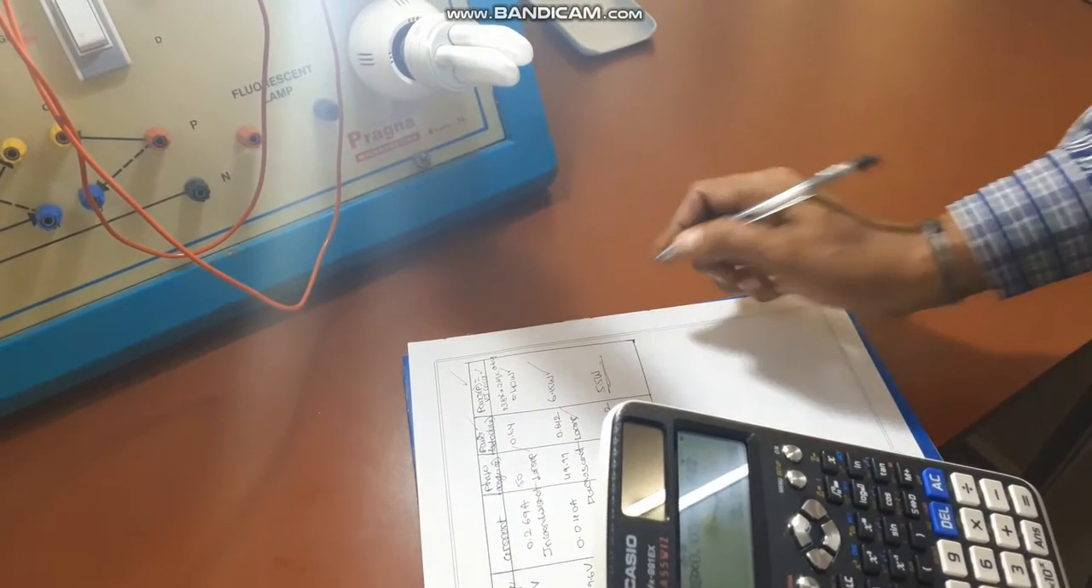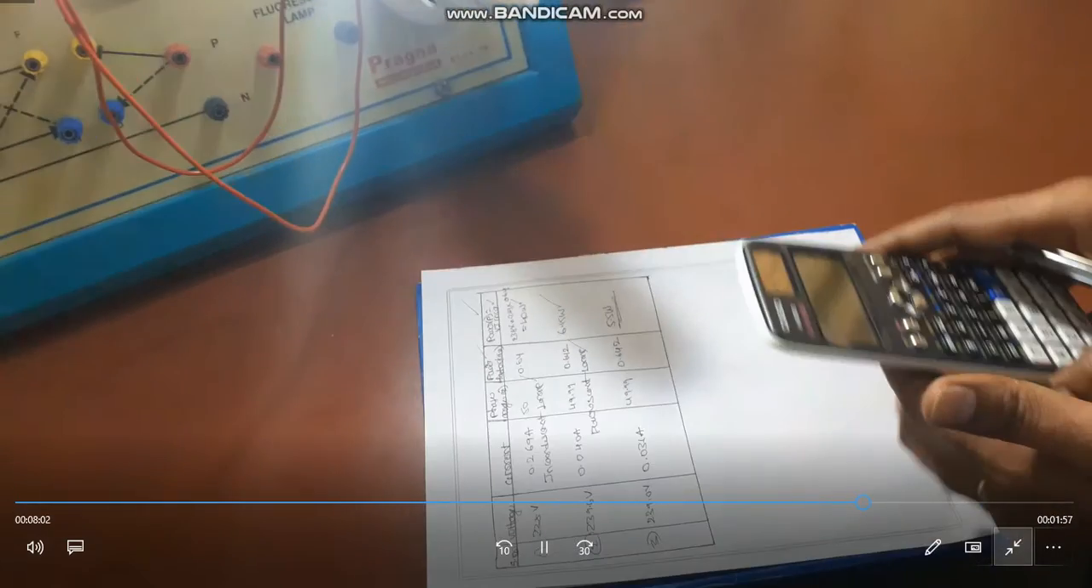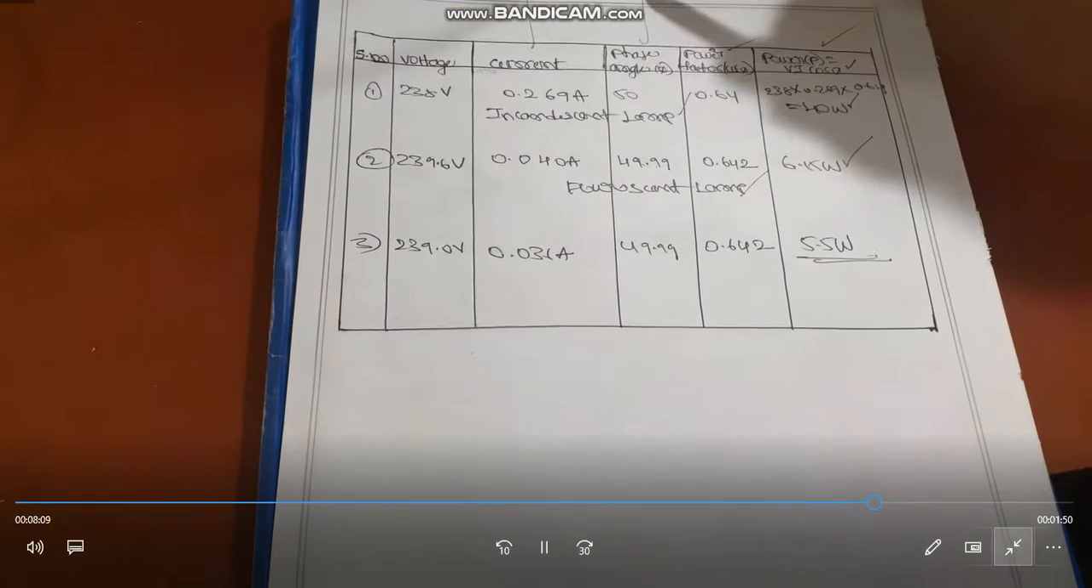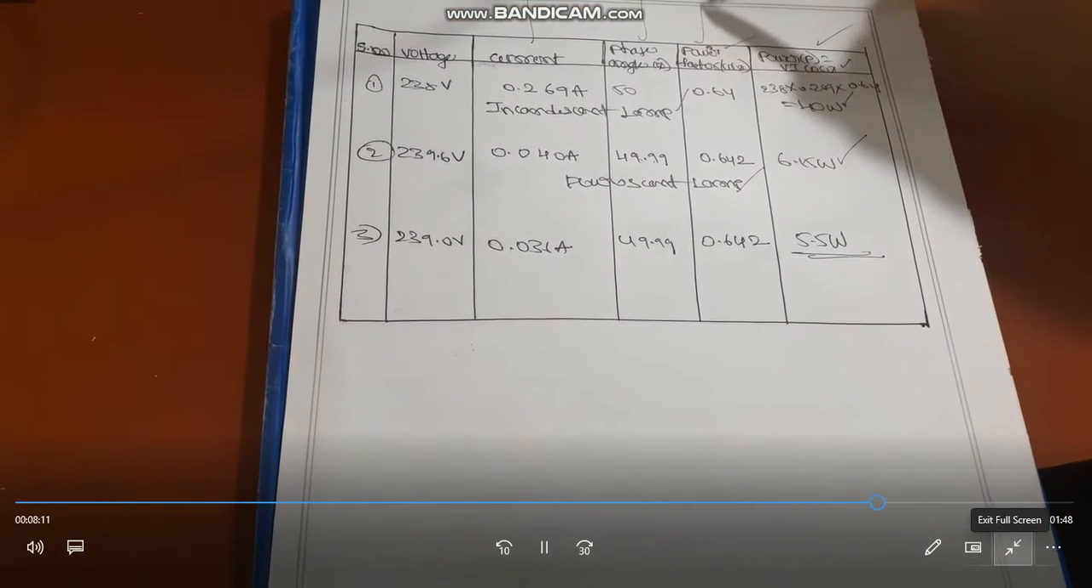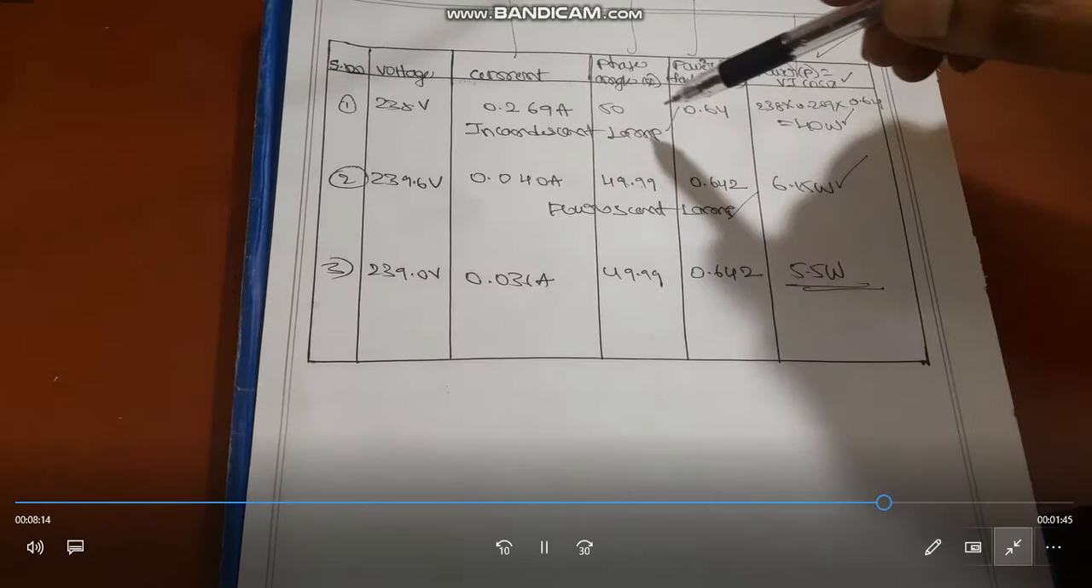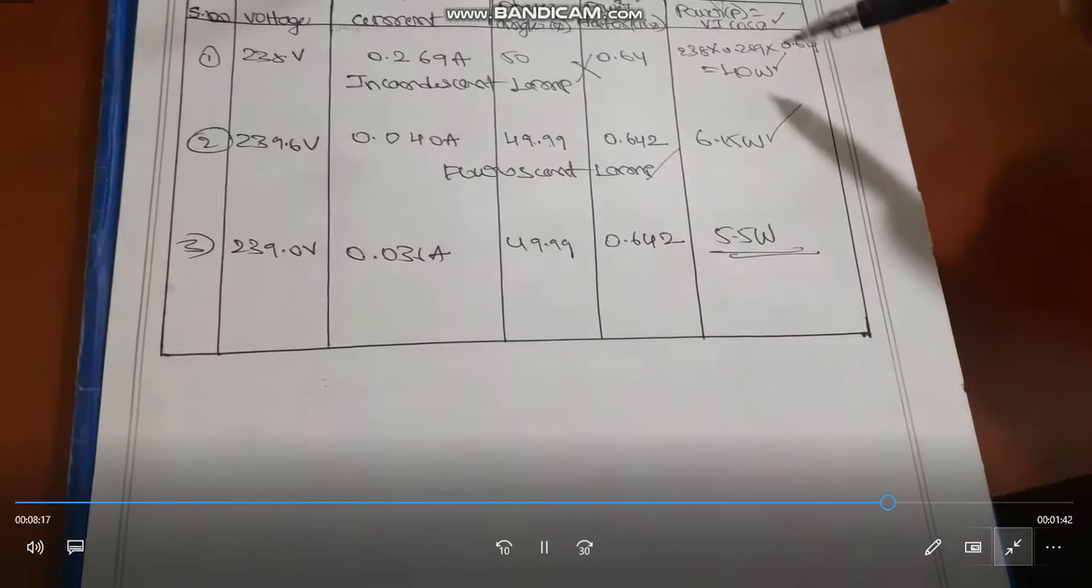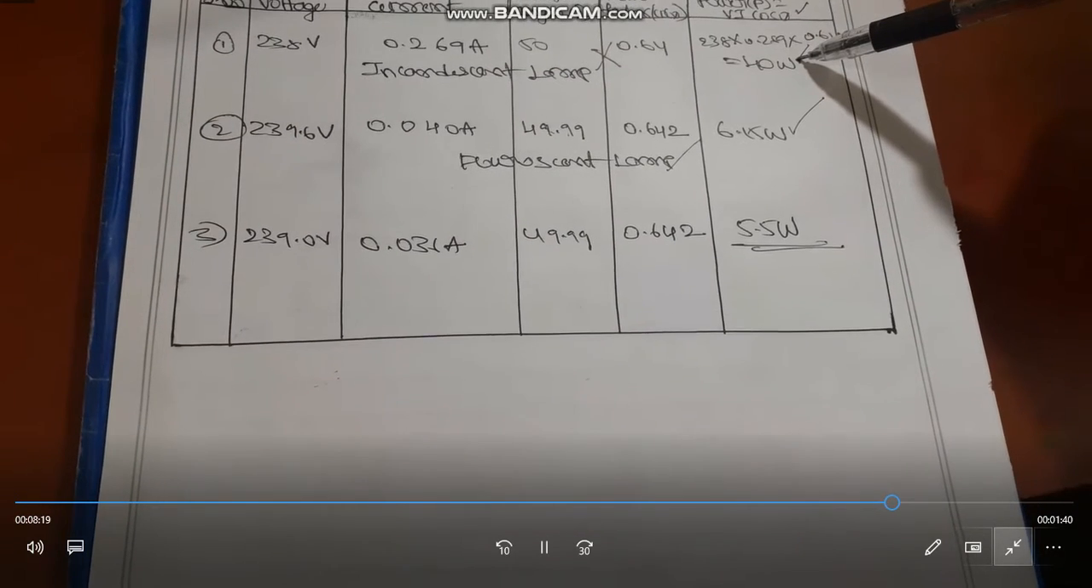So if you compare this experiment, the measurement of current, phase angle, power factor and power: first, for the incandescent lamp the power consumed is 40 watts, then the fluorescent lamp